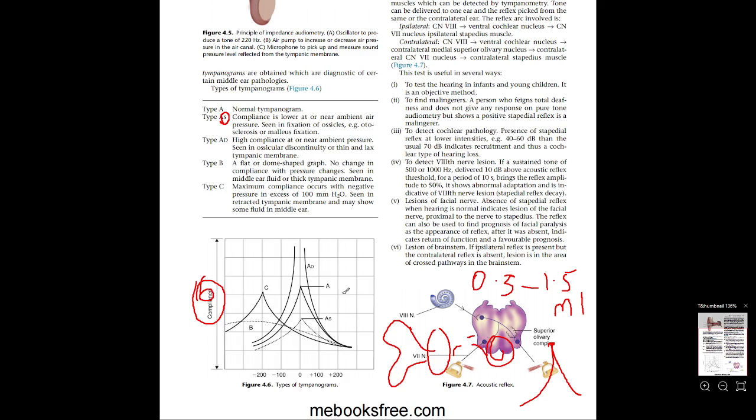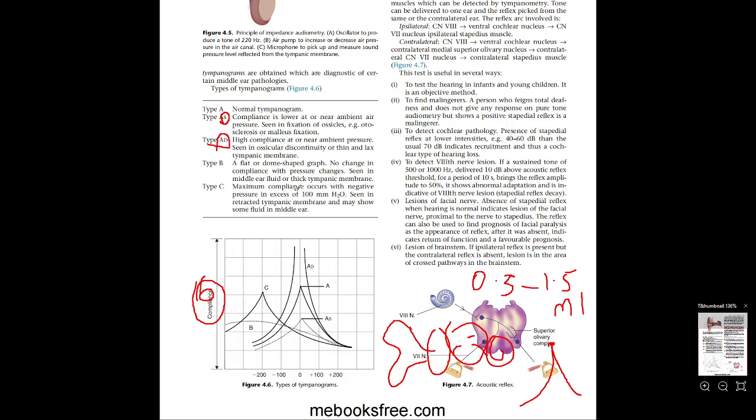It is seen in the fixation of the ossicles, meaning there is some problem like otosclerosis or fixation of the malleus. Okay, the ossicles are not moving. The ossicles are not moving. In type AD,